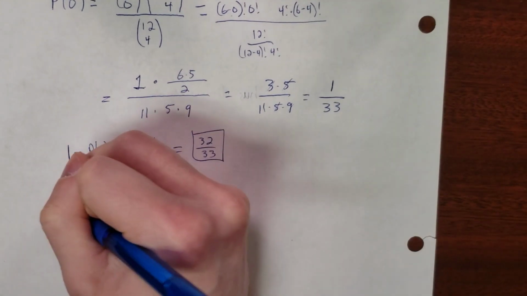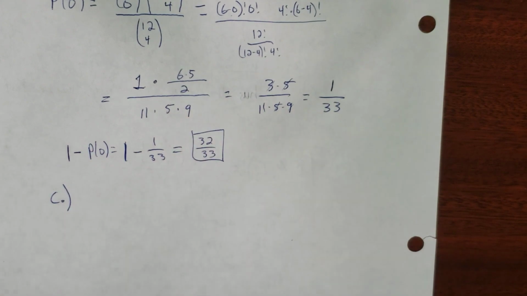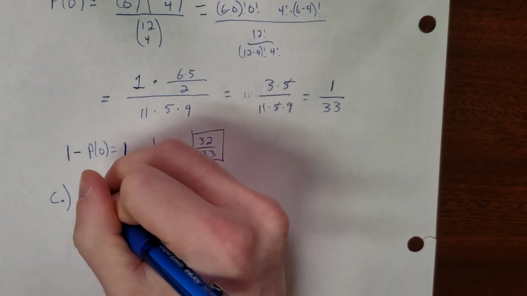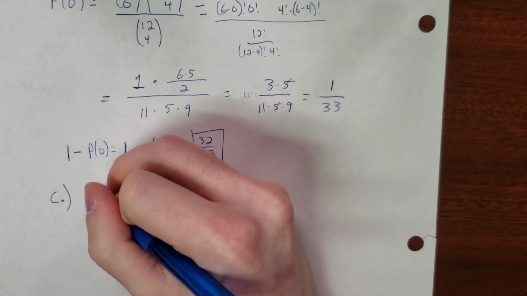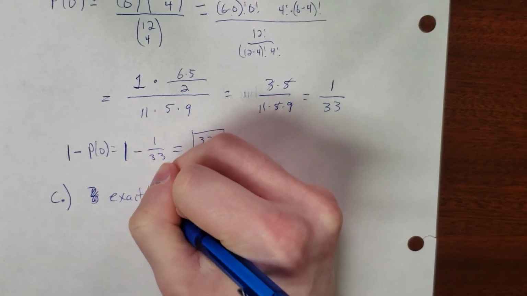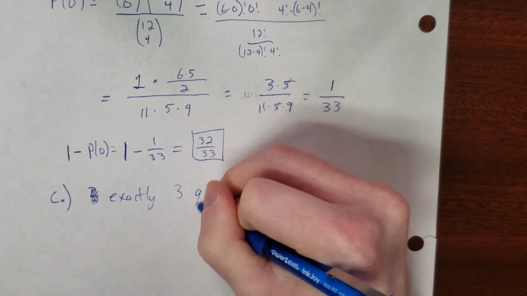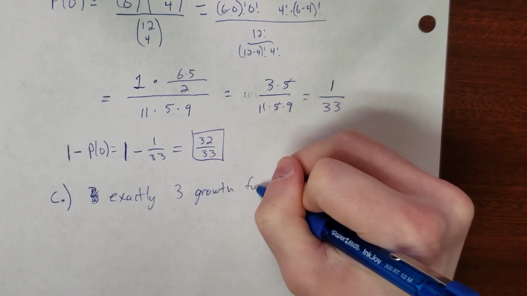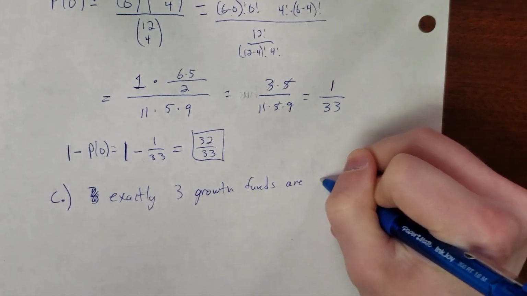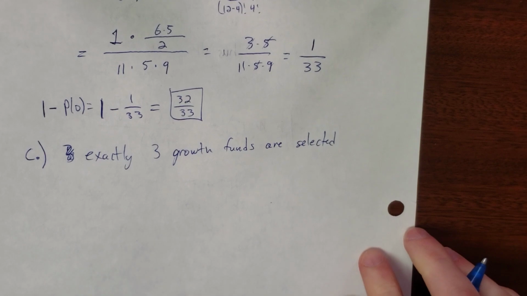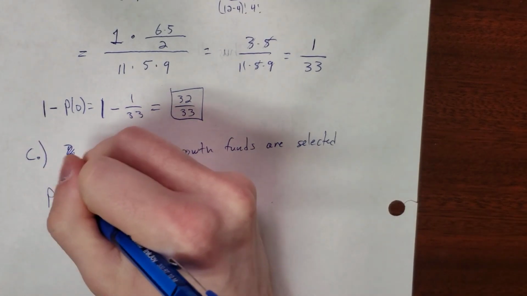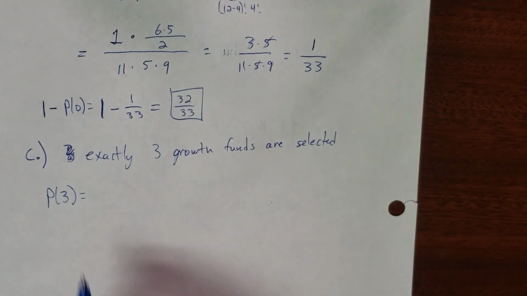Okay, finally, let's do one more question, and that's that exactly 3 growth funds are selected. Okay, so this is p of 3. So this means our x is 3. All the other variables remain the same. So we get